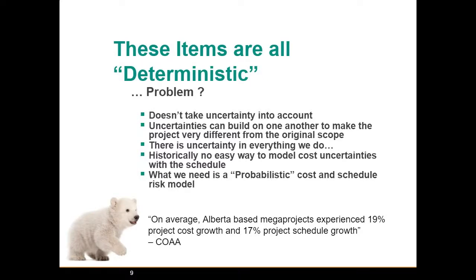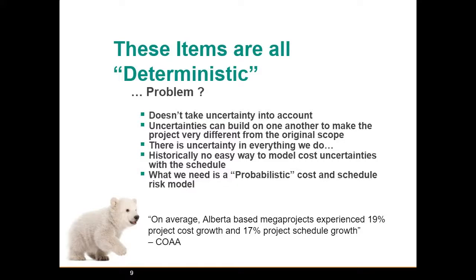Now, we need contingency for cost and we need contingency for schedule. And again, depending on that codependency, we may find that there's a certain point at which we can give up all the money in the world, but we're not going to save any time on our schedule, or we can delay the project as long as we want, but we're not going to save any more money. So what we need is a model that will let us understand those dependencies, and it's what we call a probabilistic